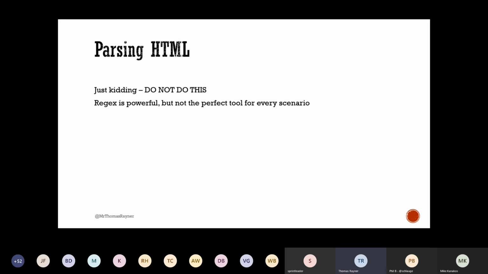Like the slide says, it's super powerful, but there are better tools for doing this, and it's a common pitfall beginners get into. They do things like, I'm going to strip the tagging out of this paragraph and strip out all the divs and spans and anything inside an angle bracket. No, it's wrong. Don't do it, please. You'll thank me later when you find a better way to do it. Or if you do actually try parsing HTML with regex, once you're done or give up, talk to me on Twitter about what a fun experience it was and remember this slide.